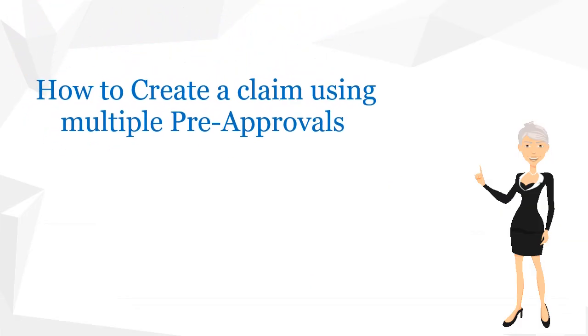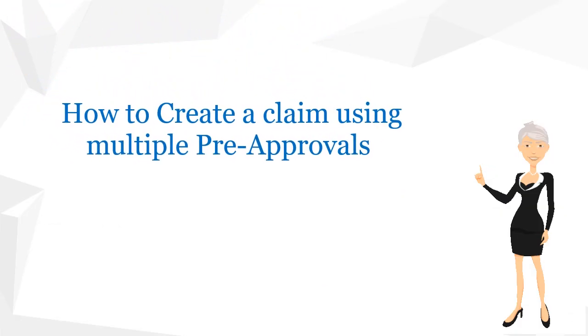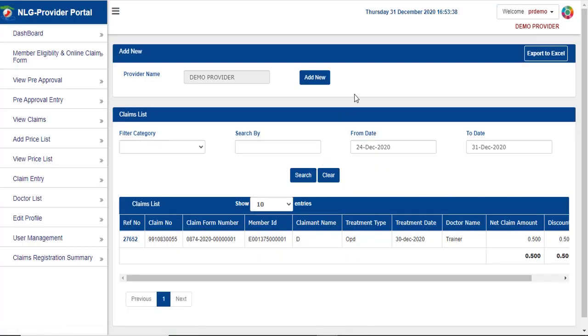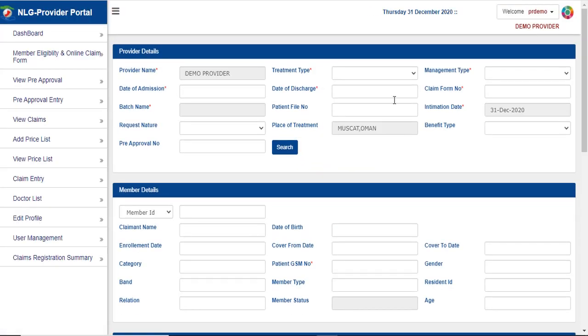How to create a claim using multiple pre-approvals. The provider can enter the claim by clicking on the Add New button, or by clicking on the Claim Entry menu. This screen is used to intimate the claim and the same can be processed by National Life and General Insurance Company after